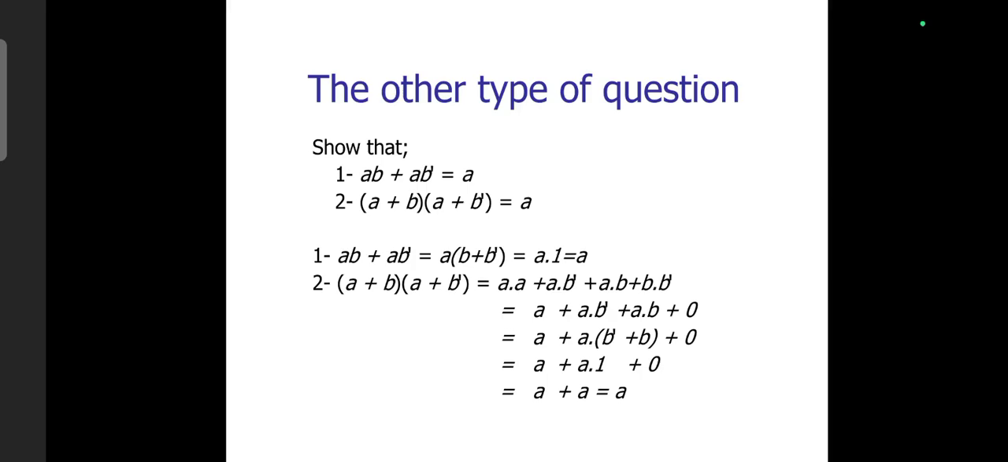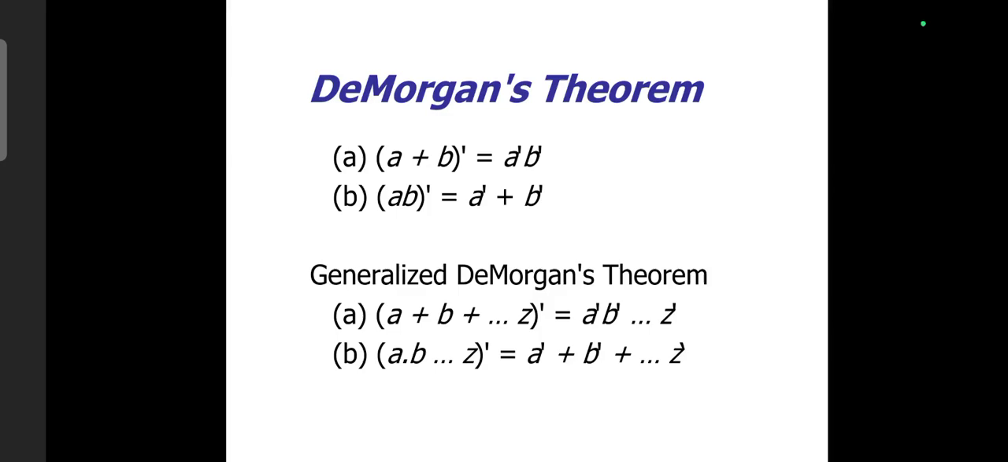According to De Morgan's theorem, this becomes a bar b bar. So notice two changes occur simultaneously. First, the OR operation changes into AND operation. Second, each variable receives complement. Similarly, if we have a bar plus b bar, it becomes again the AND operation changes into OR operation and